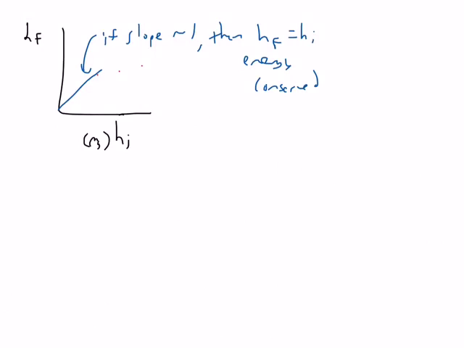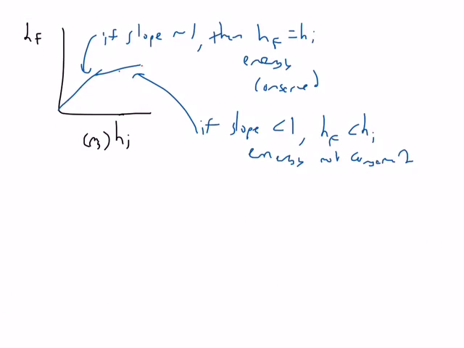So our analysis would be to look at the slope. If the slope is less than 1, then that means H_F is less than H_I and energy is not